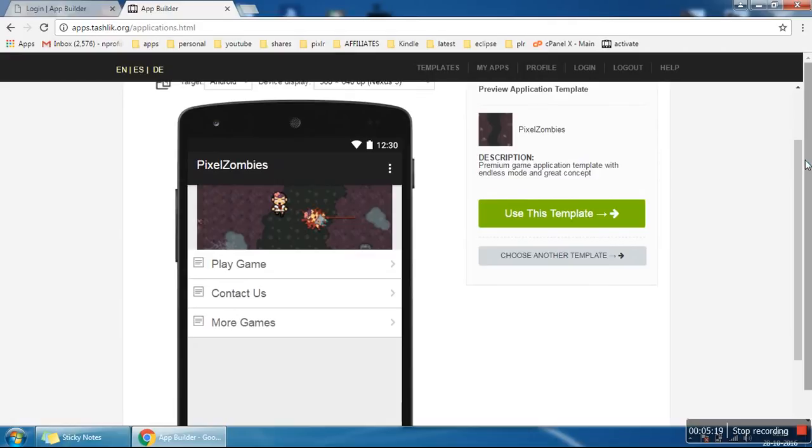Click on use this template. The page is uploading, so we have to wait.